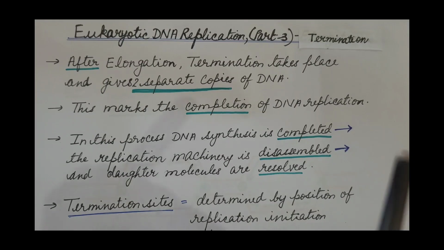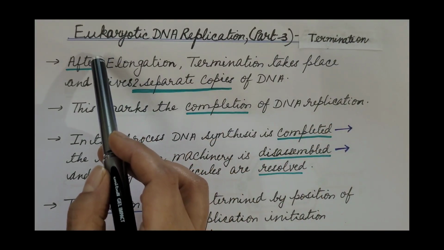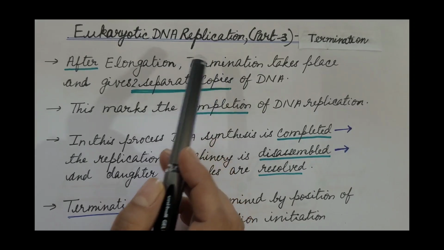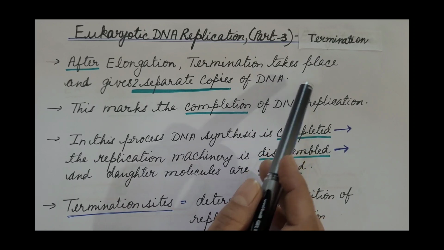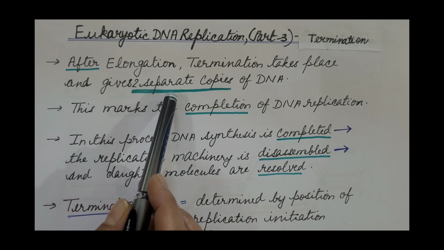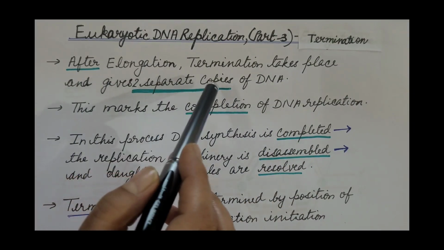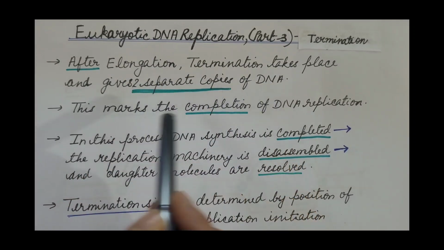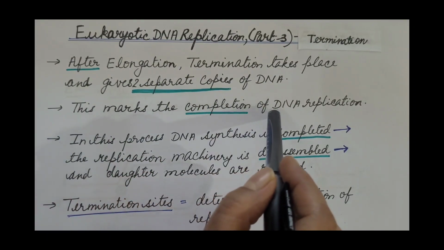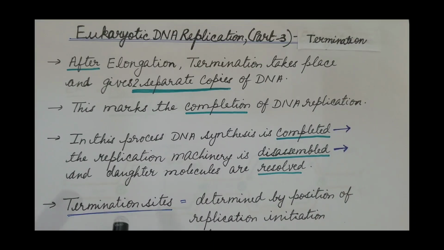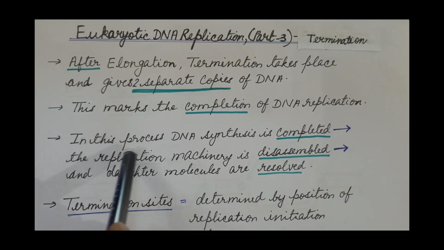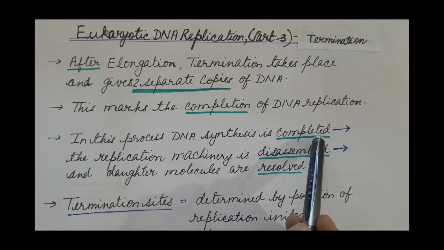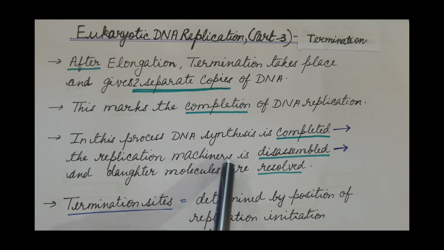In this video we are going to discuss the termination step of eukaryotic DNA replication. What we know is that after elongation, termination takes place and it gives two separate copies of DNA. As the two separate copies of DNA are obtained, this marks the completion, or the end, of DNA replication. In termination, DNA synthesis is completed, the replication machinery is disassembled and